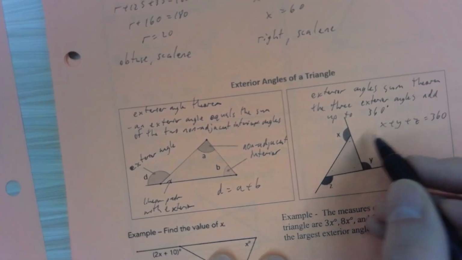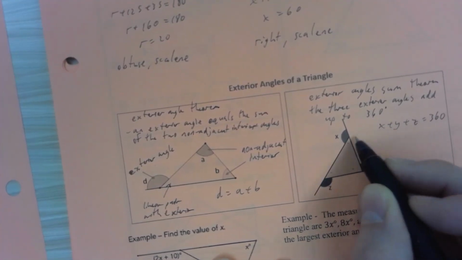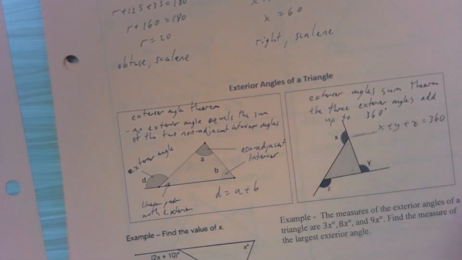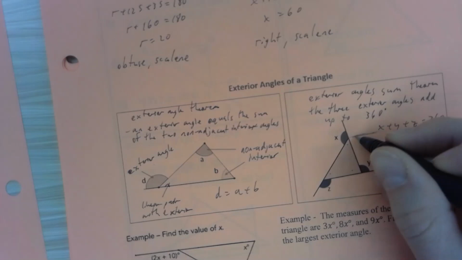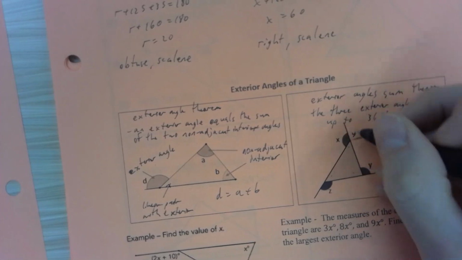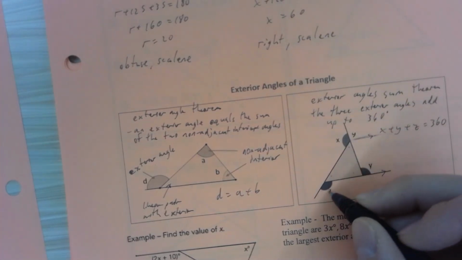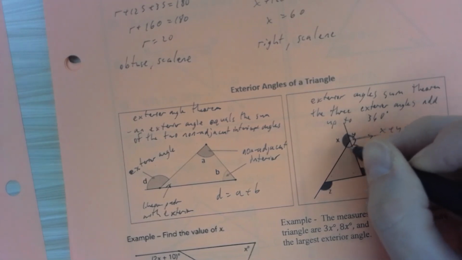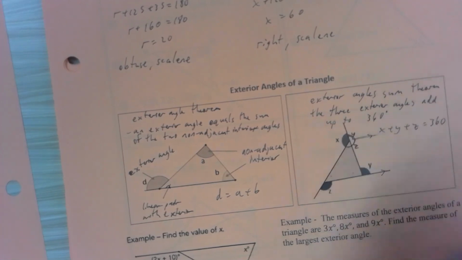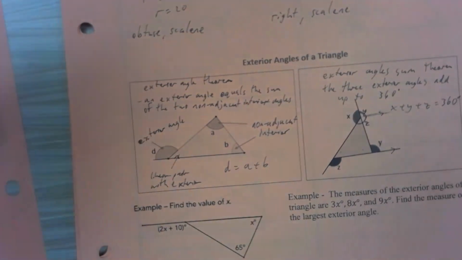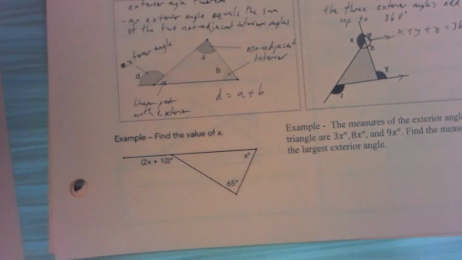We can easily prove that to ourselves by drawing a line parallel to this opposite side over here. So kind of like we did with proving the interior angles add up to 180. But in this case, you can see if this is parallel to this side here, then y would be up there as well, because those are corresponding angles. And z corresponds to this angle here. So those three angles put together form a complete circle. They would add up to 360 degrees. Pretty cool. So to try each of those theorems out,